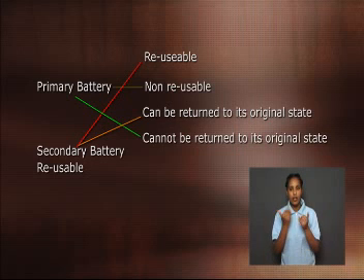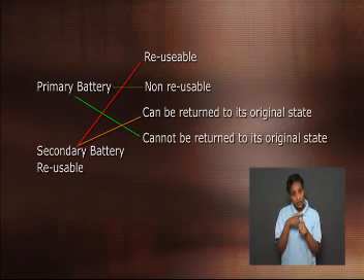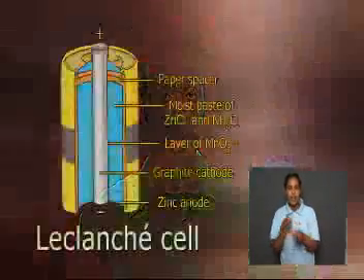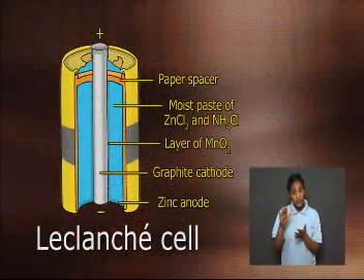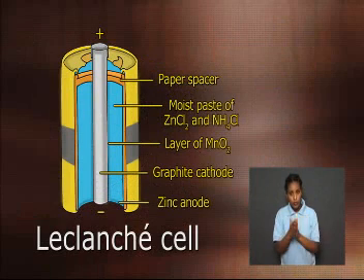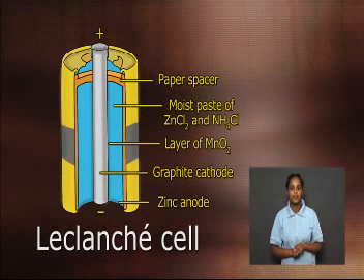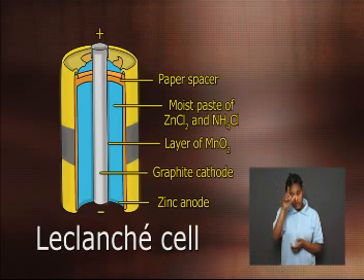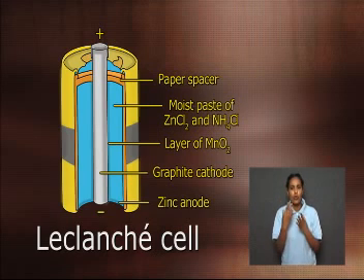Let us carry on and discuss a few types of primary batteries. We will start by learning about dry cell batteries. This type of battery produces about 1.5 volts. Leclanché cells, which are dry cells, are used a lot because they are quite cost-effective, although they do have some